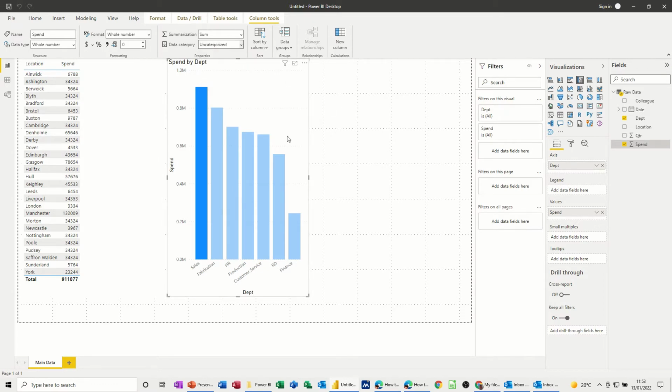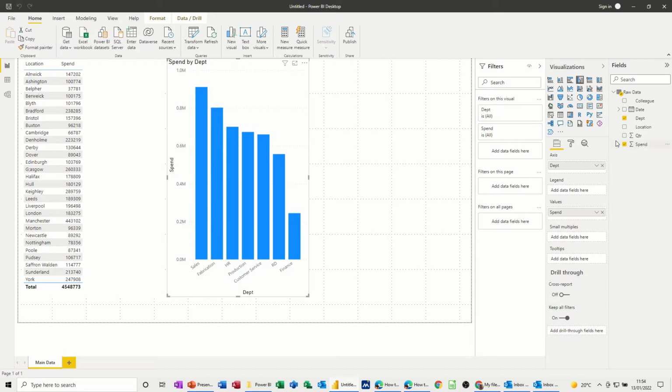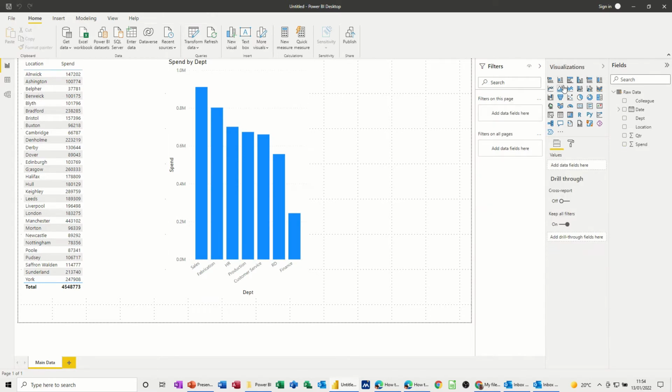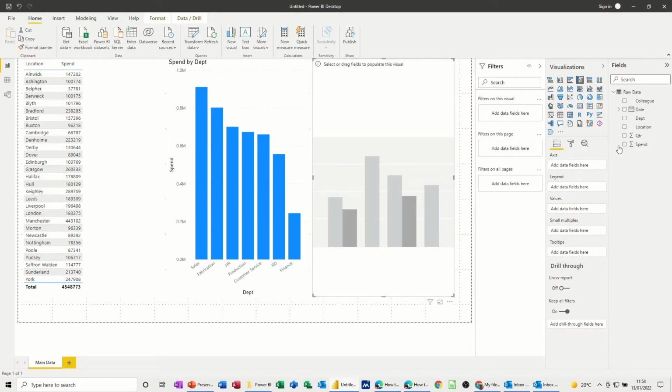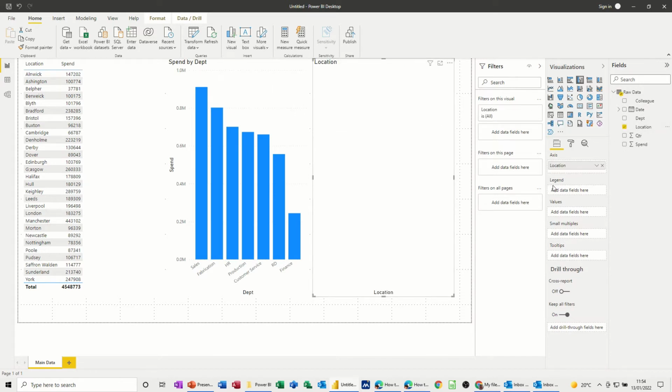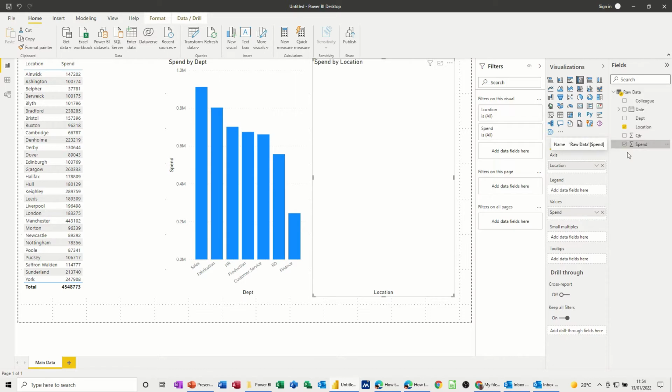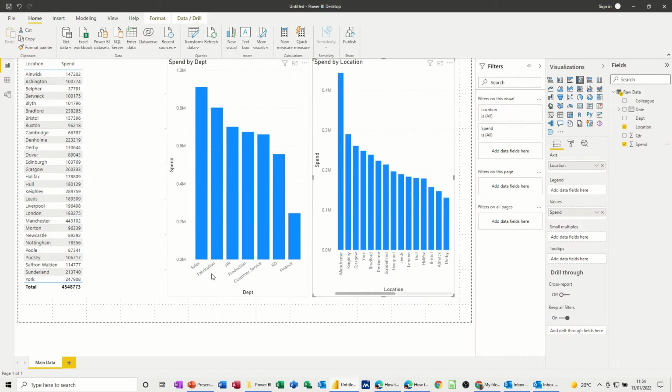Now let's bring something else on. Let's go for another clustered column. I'll click off that one. This time I want it by location, and you see location. As soon as I drag and drop it there, it's gone into this area, and I do want spend again, so I'll just tick that on. So location spend, that's by department spend,